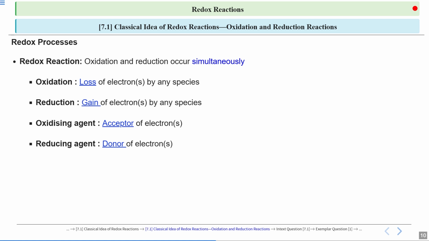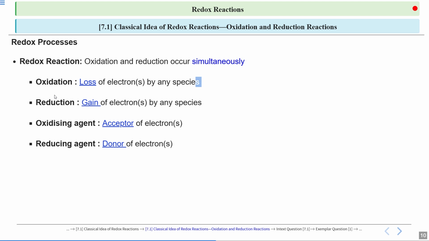How can you understand it? You can understand it in a manner that oxidation number is a number which is assigned to an atom in a molecule that indicates its degree of oxidation or reduction. Now, as I have told you, an increase in the oxidation number is oxidation, a decrease is reduction.